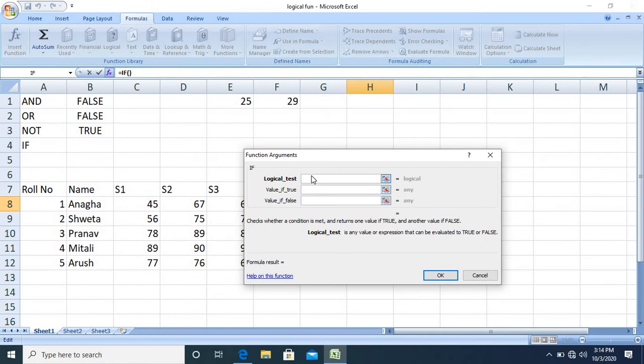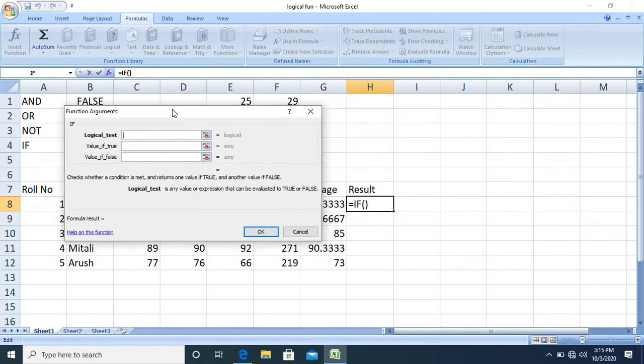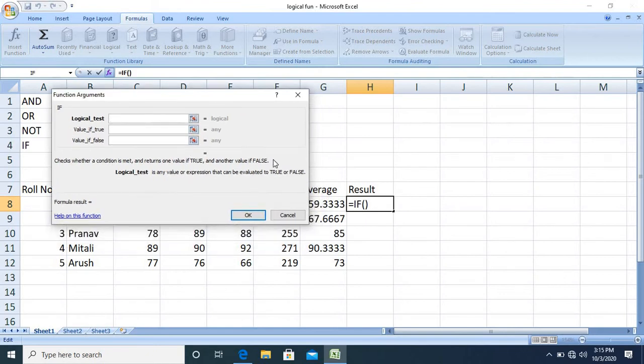If the logical test is false, then value if false will be returned as the output of the IF function. So in this example, the logical test will be average greater than or equal to 35.